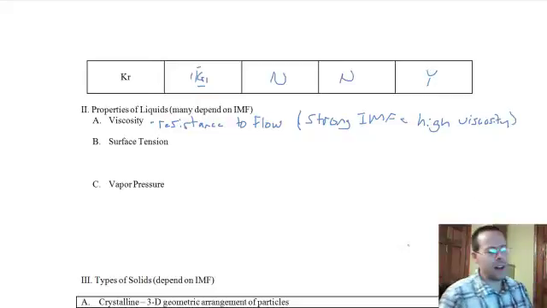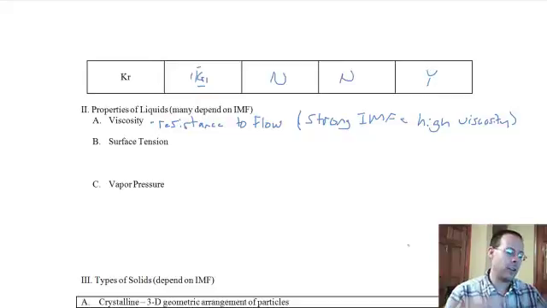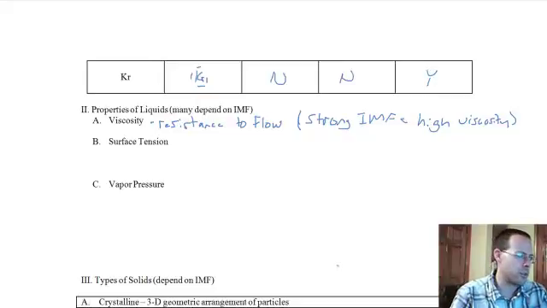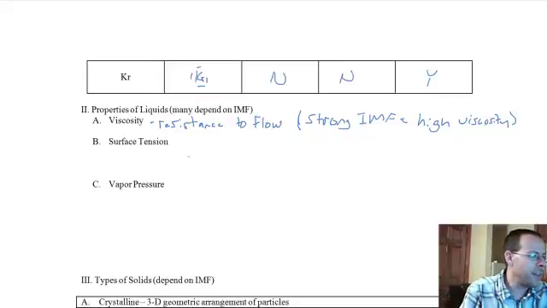Alright, and if you look at stuff like honey, it is just a big hydrocarbon, just a big chain of carbons with a bunch of hydrogens on that. If we look at how many electrons are in one of those chains, not only is it long and it can kind of wrap around itself, but because of all the electrons, it has really, really strong London dispersion forces. If we look at surface tension